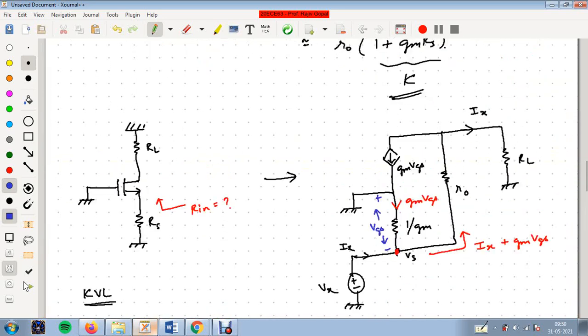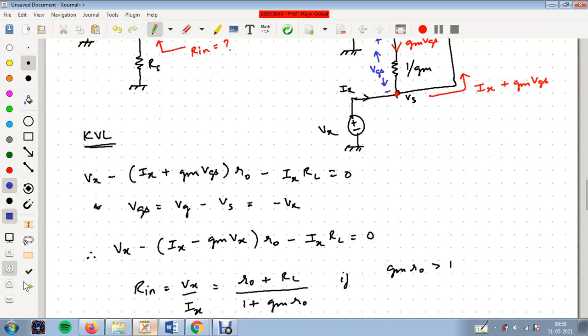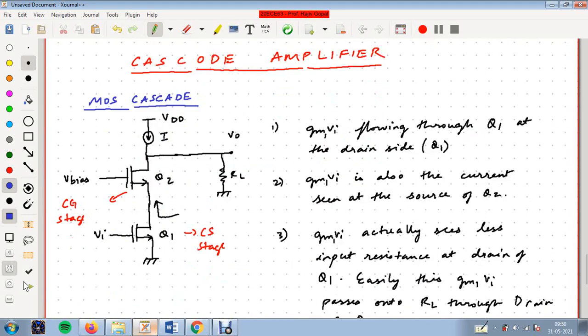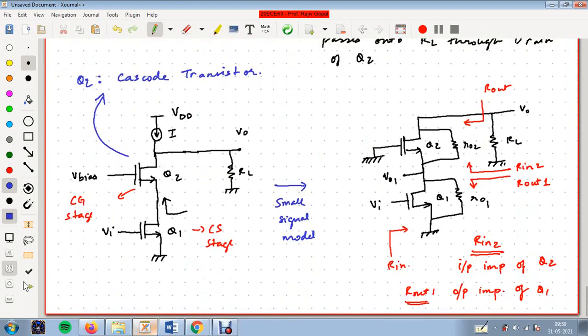Right, so in the next class, we'll look at the analysis part. You have to be a little more attentive there, because I'll do the analysis in more depth. In textbooks it will be given that Rout2 is equal to so and so, Rin1 is equal to so and so, something like this. But I don't want to do that. I want to do the complete derivation. So tomorrow's class, try and pay attention even more, because that is where the analysis part will start. All right. Fine.